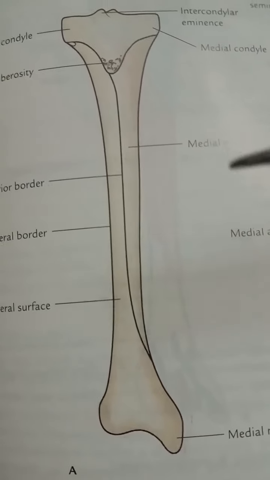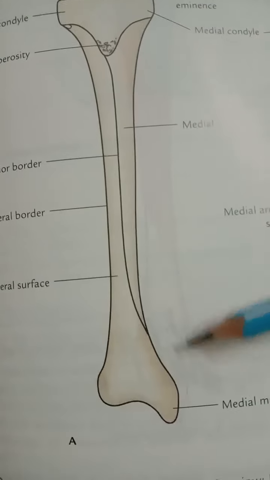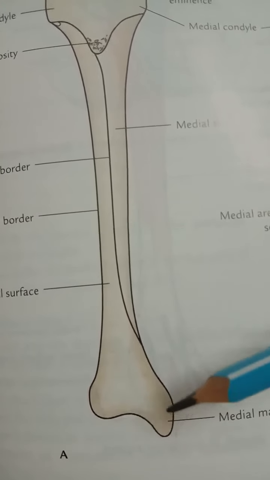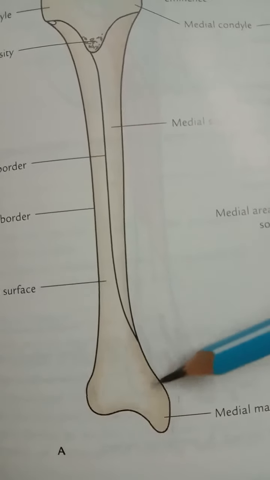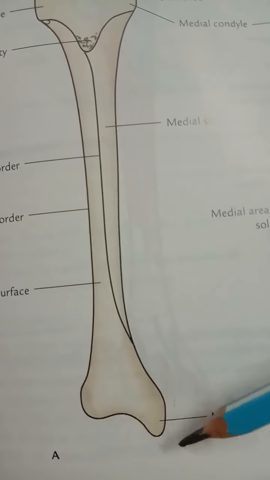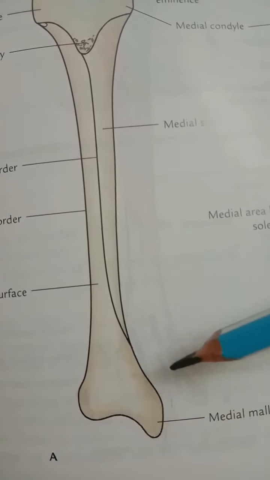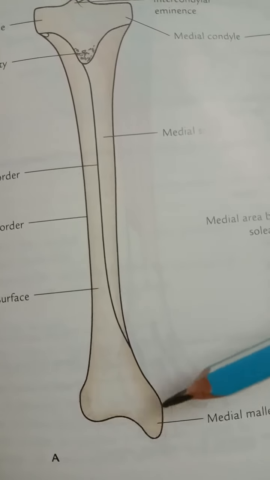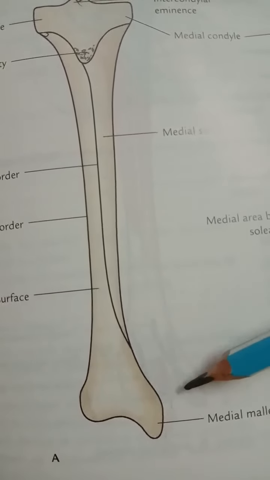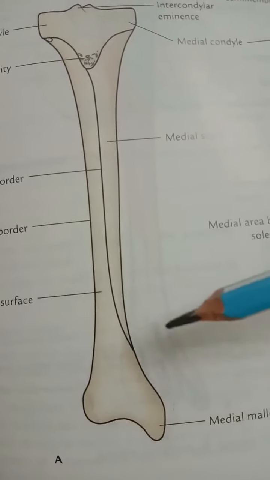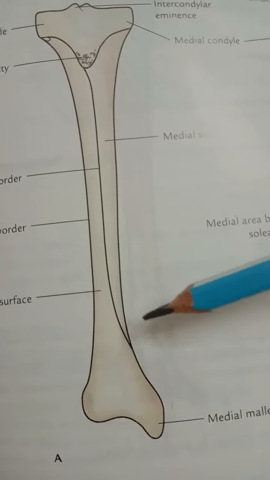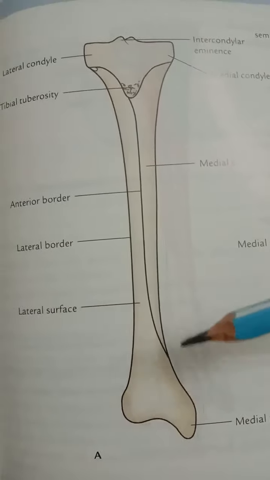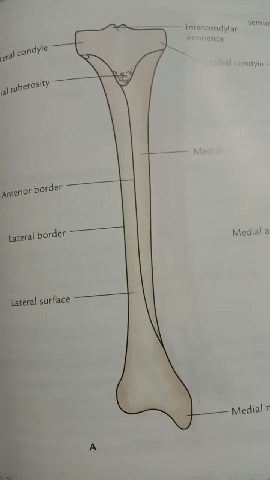Then next to it, if the foot, so this one, gets caught in a hole in the ground, there is a forcible abduction and external rotation, and in such an injury, first there occurs a spiral fracture of the lateral malleolus, and then the fracture of the medial malleolus, and finally the posterior margin of the lower end of the tibia shears off, and these stages are termed as the first, second and third degree of Pott's fracture.